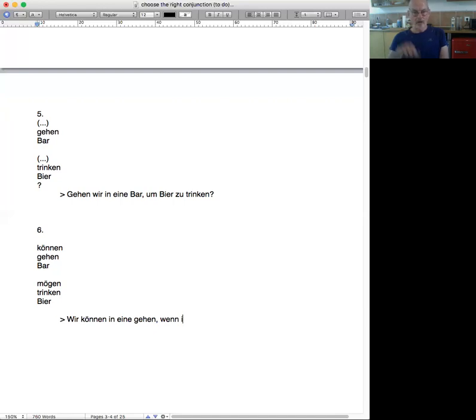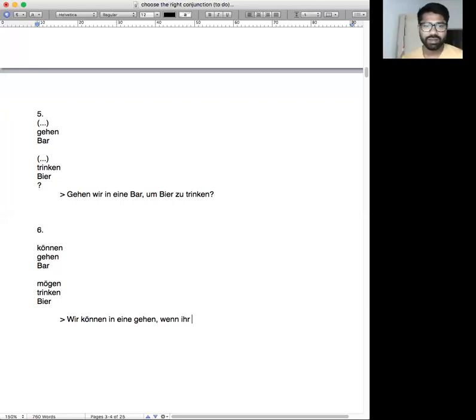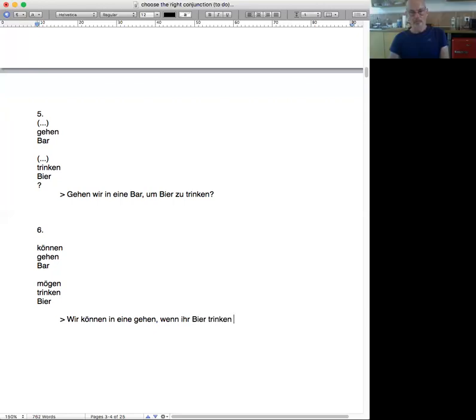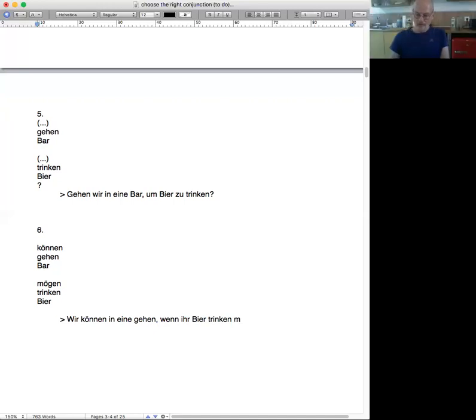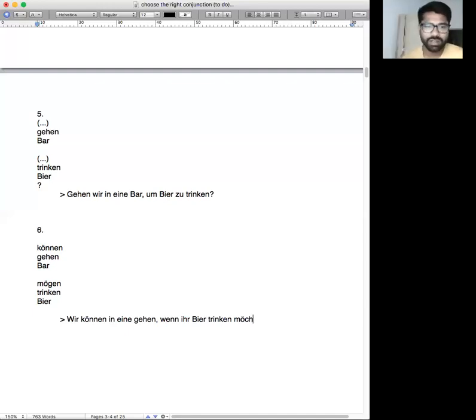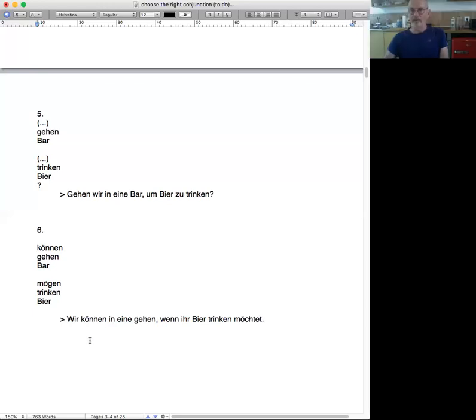We can go if you want to. Wenn ihr, wir denken, would like. Conditional. Möchtet. Good. Ja, wir denken möchtet.